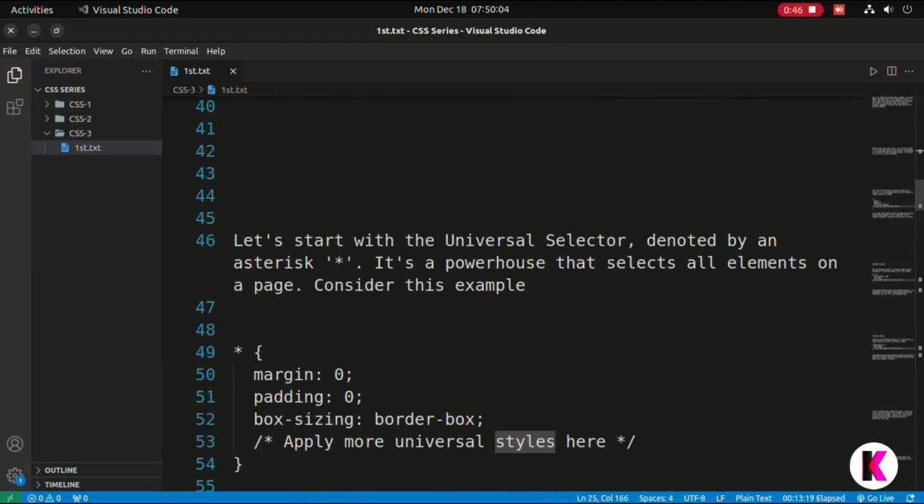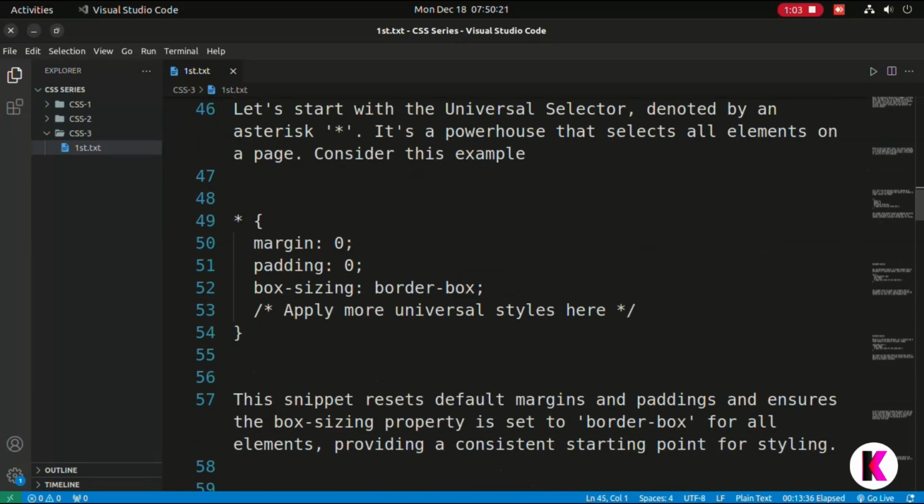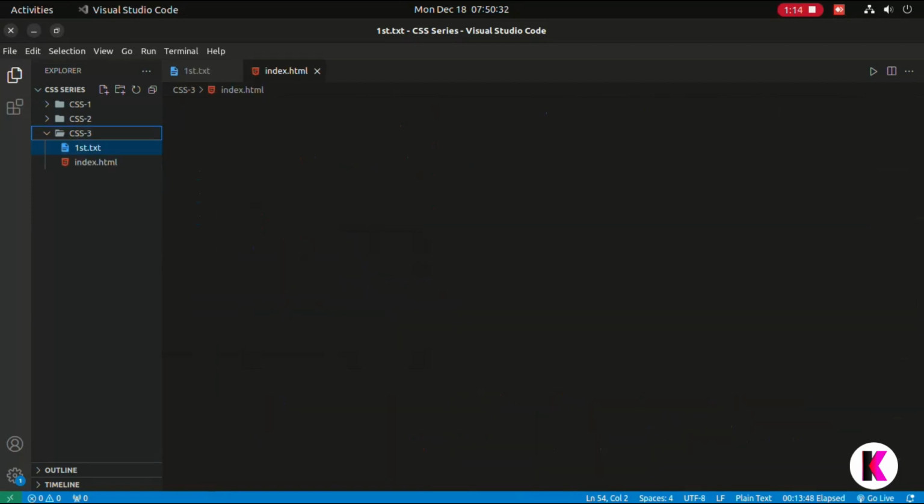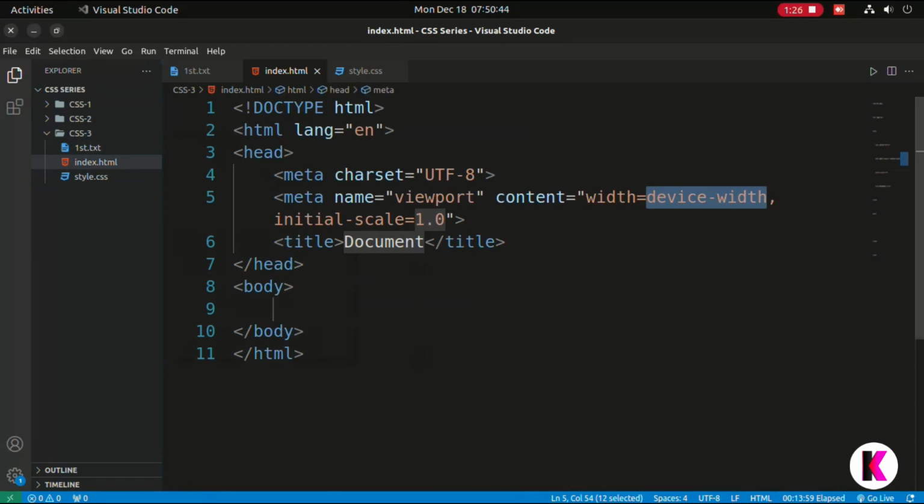Let's start with the universal selector, denoted by an asterisk. So you can see this is an asterisk. It's a powerhouse that selects all the elements on a page. Consider this example. You can also say this is a boilerplate for CSS. This is a very important selector. When I make an index.html, then a style.css, I have to just link the HTML file with CSS,